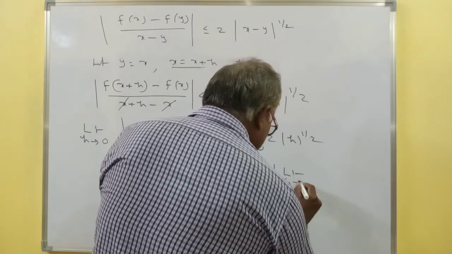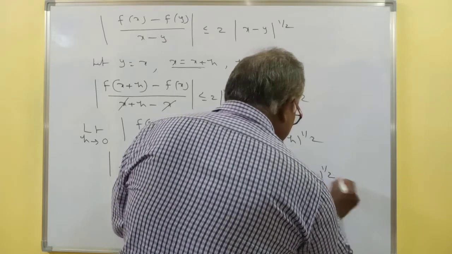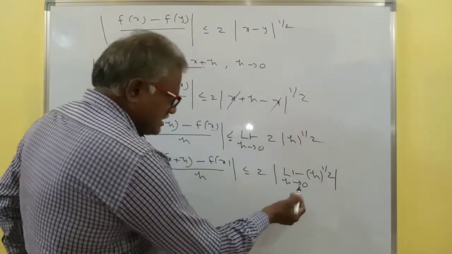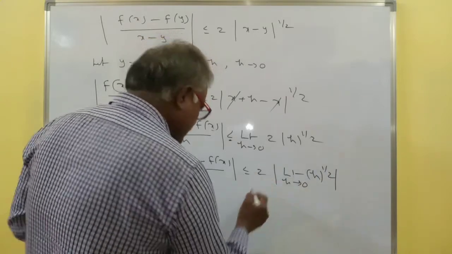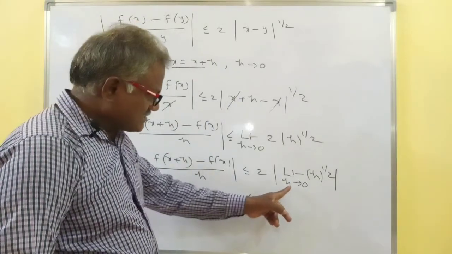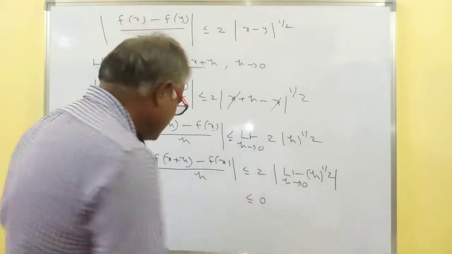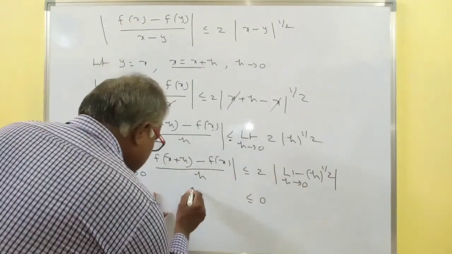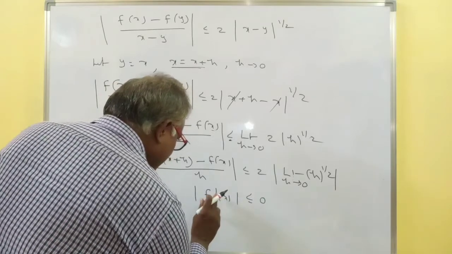h tends to 0, h power 1 by 2. As h tends to 0, this becomes 0 power 1 by 2, which becomes 0. That means clearly this should be equal to 0. In place of h, substitute 0. 0 power 1 by 2 is nothing but 0. So, this is nothing but modulus f dash x, by the definition of